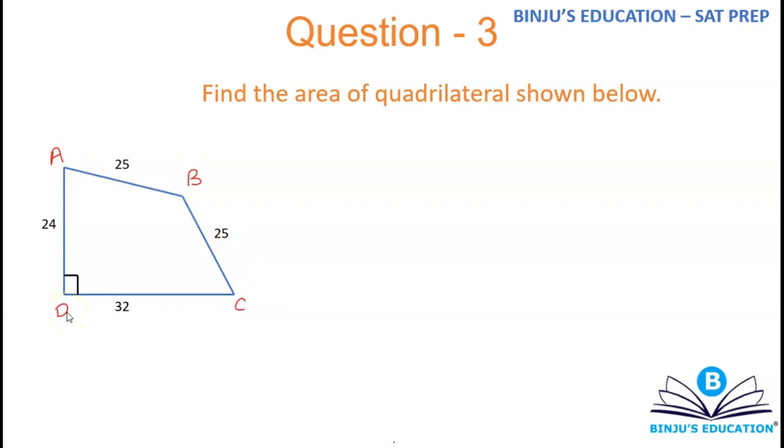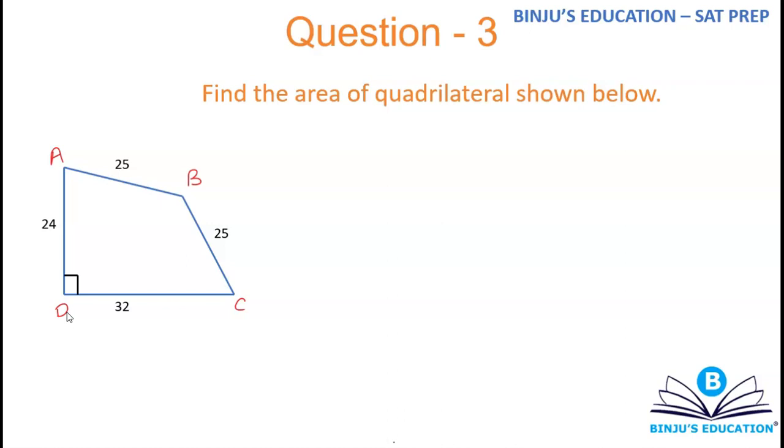So what can I do with this one? Now, I do not know anything regarding quadrilaterals, because what we discussed was regarding triangles. So that means this question has to do something with triangles. And apart from that, for a quadrilateral, if you want to find the area, the formula is half into a diagonal multiplied by the sum of the perpendiculars dropped from the opposite vertices. Anyways, we do not know that. We'll discuss that in the later videos. As of now, we need to solve this question with the help of some triangle property.